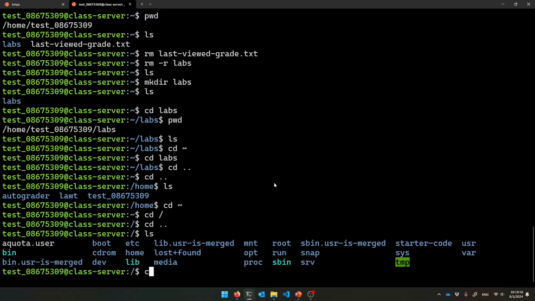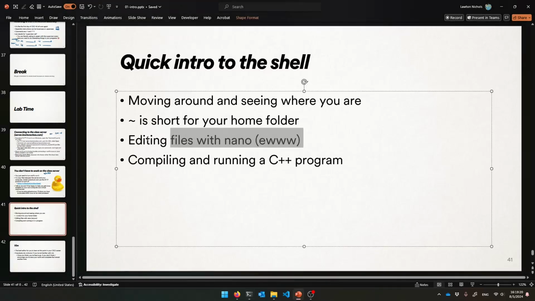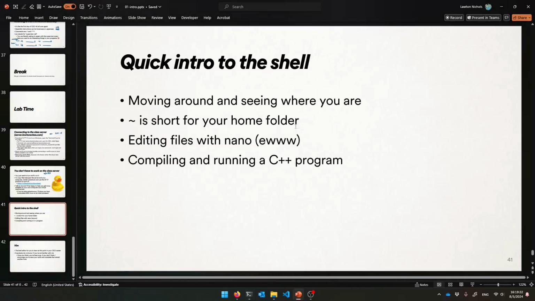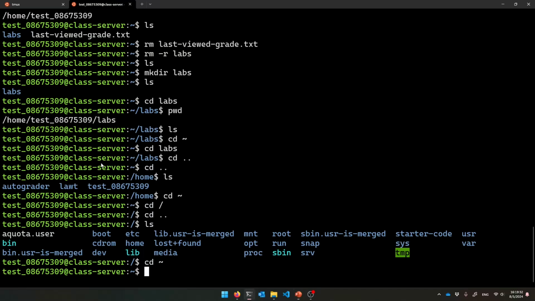Okay, so cd tilde to get back to where you were. If you would like to edit a file, I will teach you Nano, which is the disgusting terminal-based editor that's easy to use. If you've never used the terminal before, start with Nano. But I will hopefully instill into you the idea that Nano is just a crutch and you want to learn